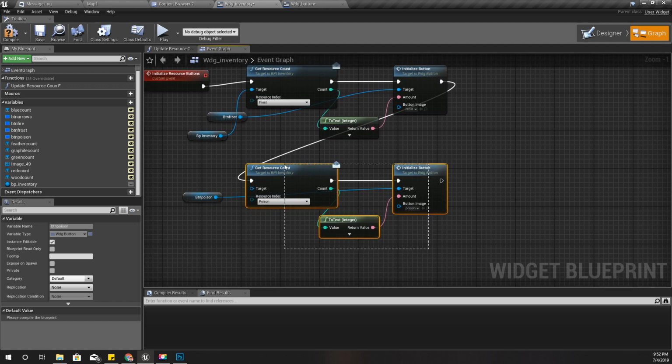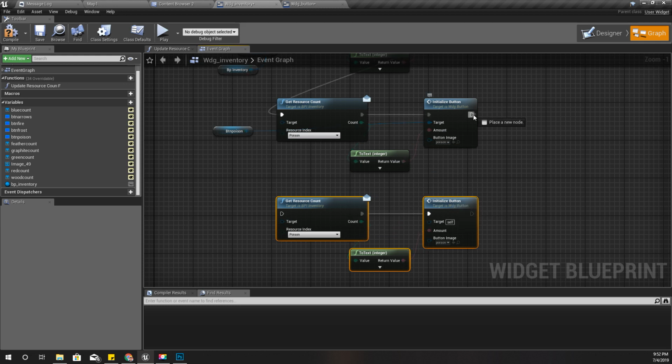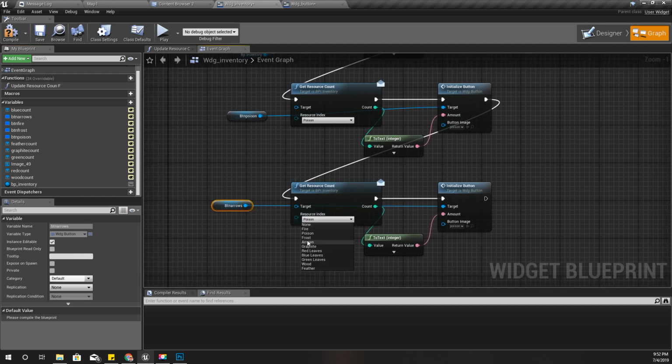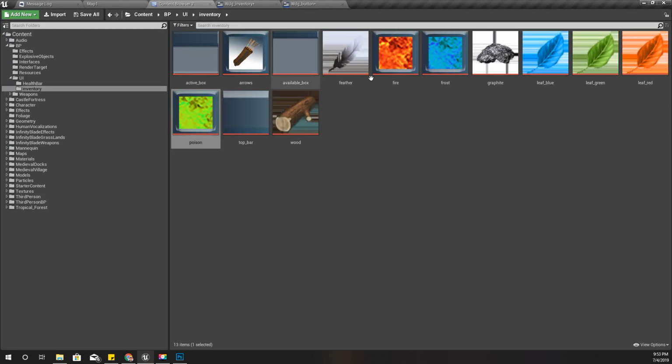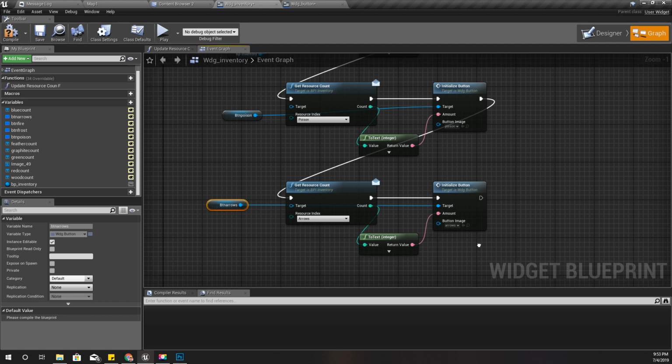Similarly for the next button, what is the next button? I said frost, poison, and arrows. Finally, btn arrows, and the type should be arrows, and the icon should be this one, like this,